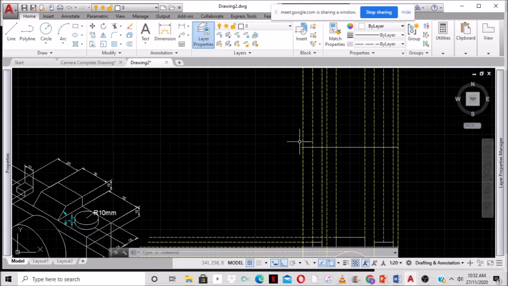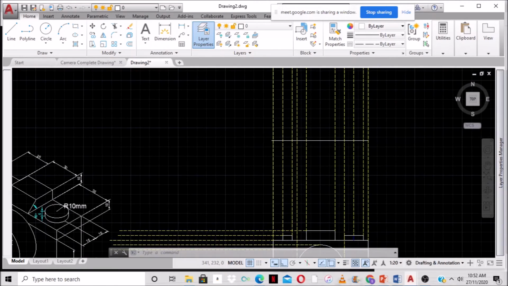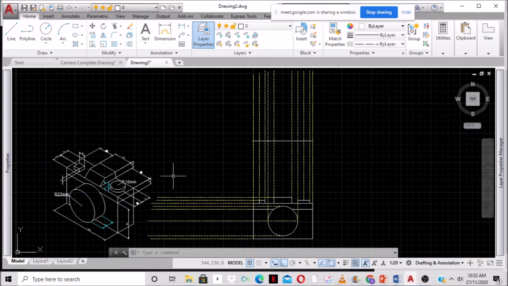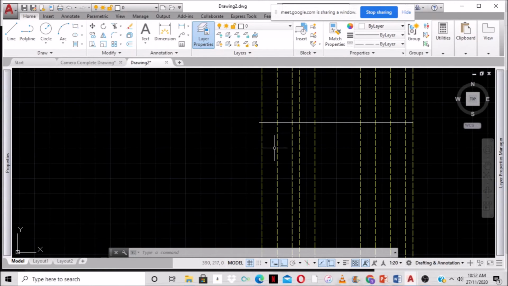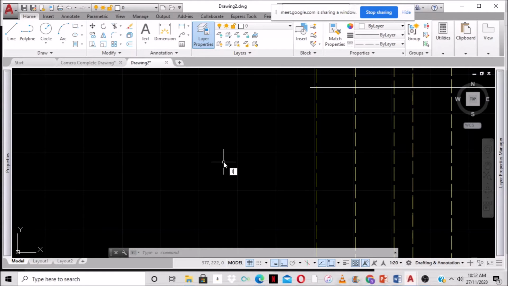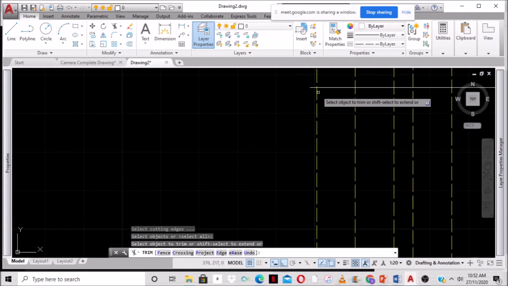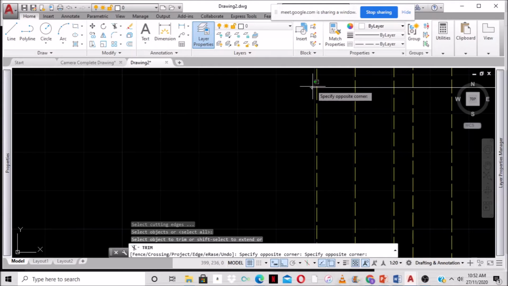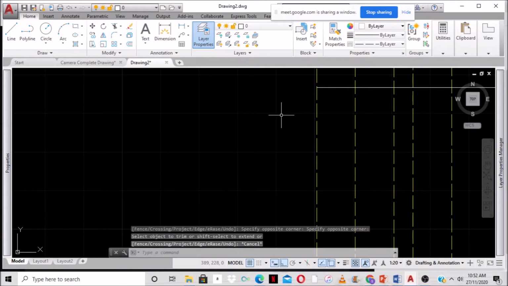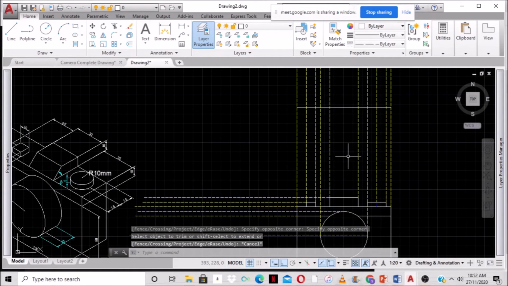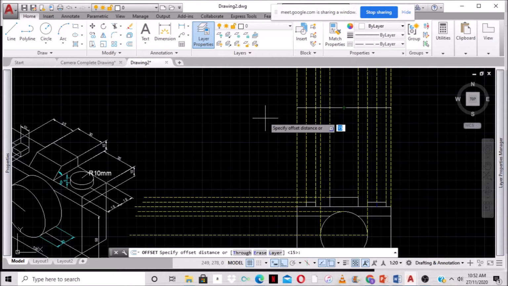All right, so we did not start exactly at the midpoint here, but we can trim that at a later date, right? So we now know that the width of the top is 30, right? So all we can do now is select this line. We type TR, so we're going to trim it, TR, enter, enter. We're going to trim this piece of the line so that when we offset this line, it is exactly 30. So now we're going to offset this line down by 30. So we type 30, enter,